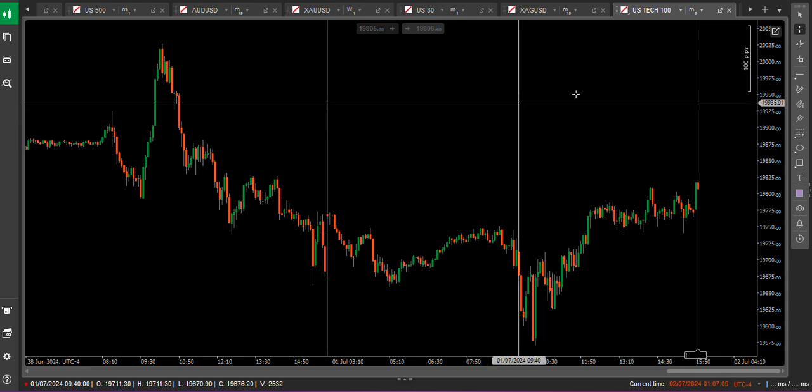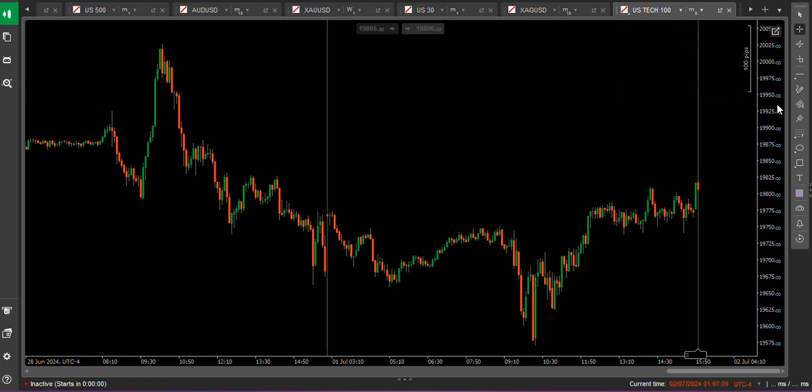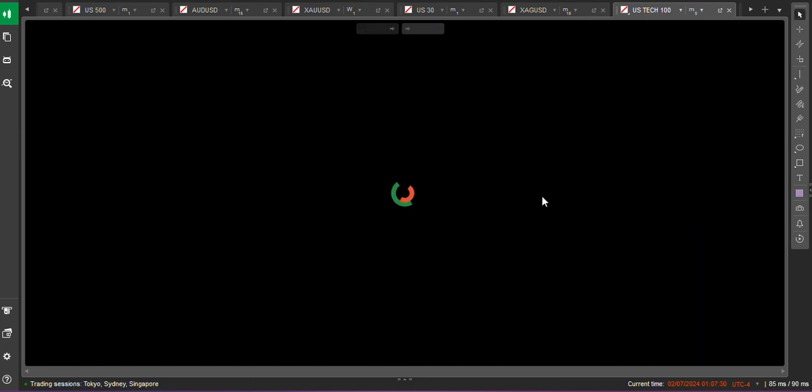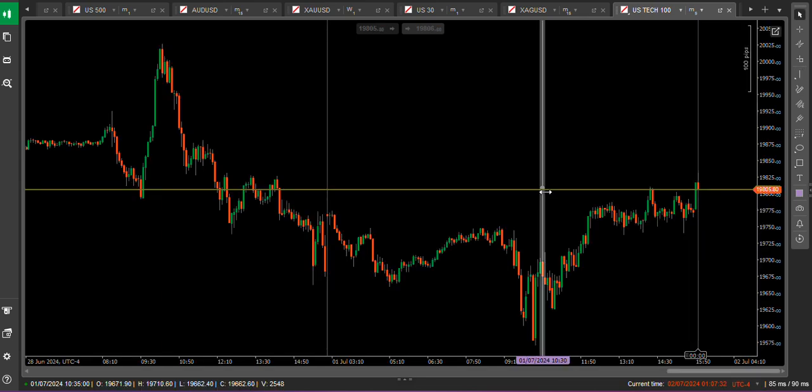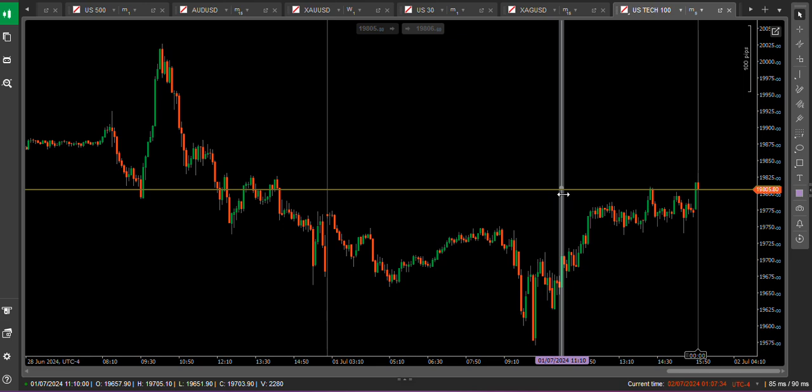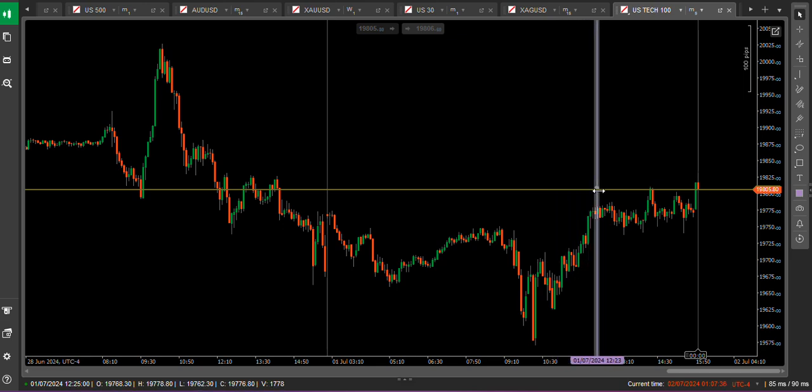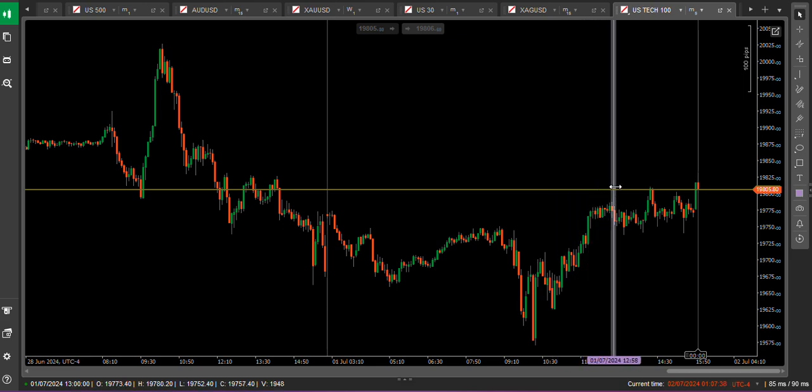What you want to do with this one is very different, but the method is still the same. Take a vertical line, and you place it at